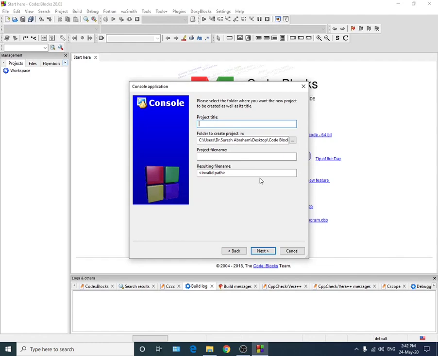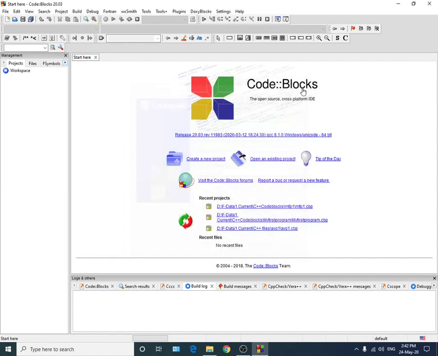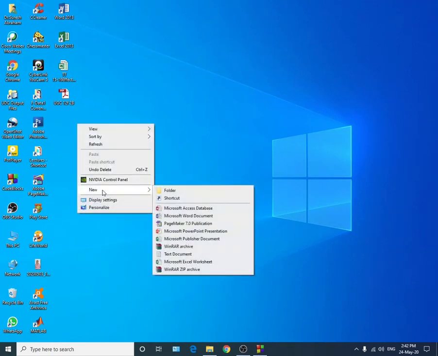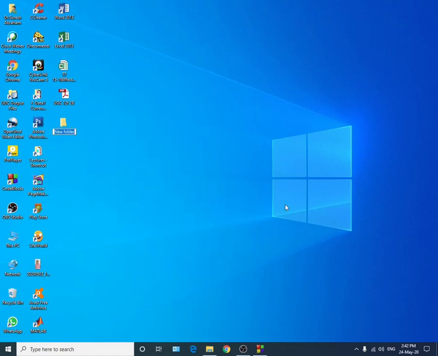We have not created a specific location for Code Blocks projects, and I prefer that Code Blocks projects be saved on the desktop, and therefore I will take a moment off to go to the desktop and create a folder here for saving the Code Blocks projects. So I will create a new folder here for C++